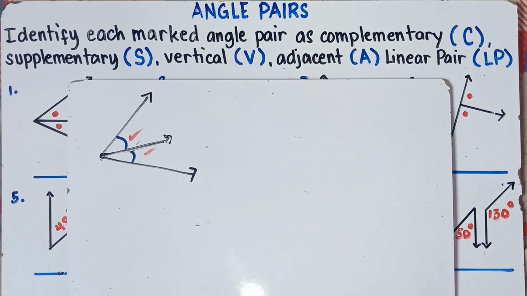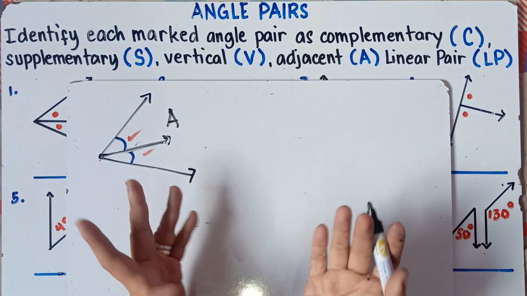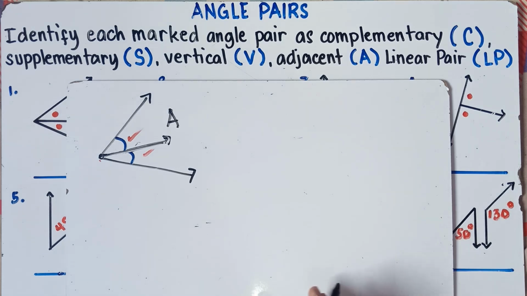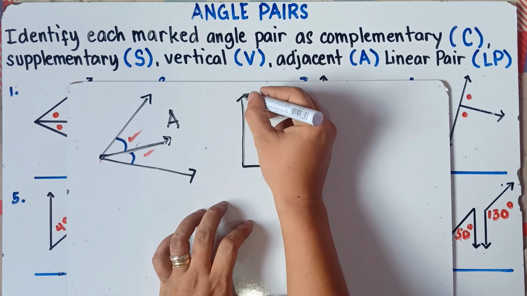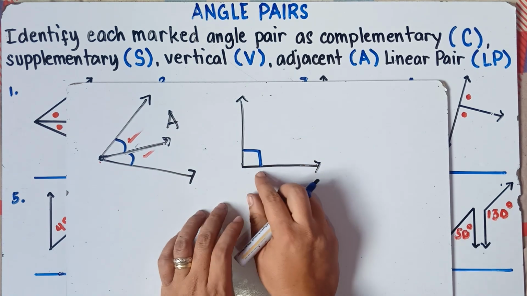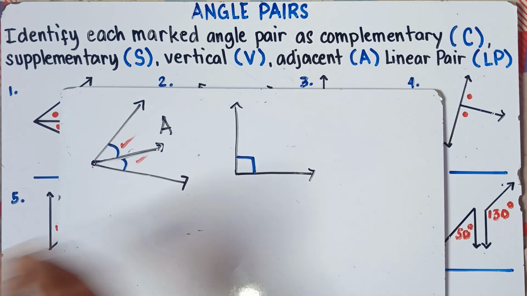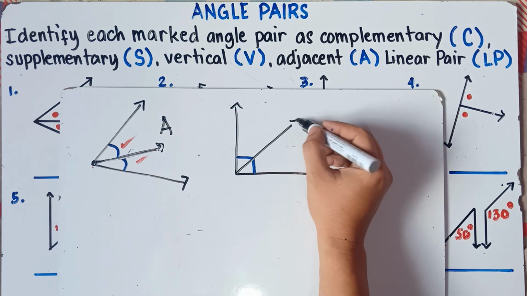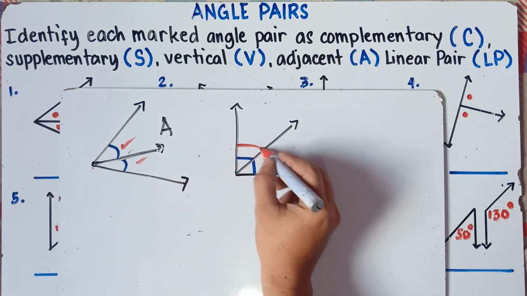Now, what are those complementary angles? Complementary angles, class, are two angles that add up to 90 degrees. Let's give an example, class. If you have this kind of illustration and this kind of marking, of course we know that this marking represents a 90 degree angle. And you divide this one, you will have two angles. All in all, you have two angles, this angle right here and this angle.